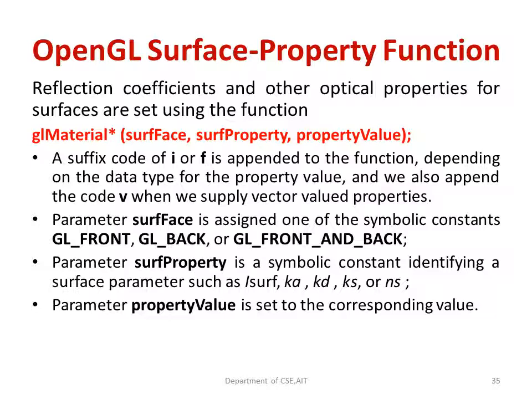Of course, the star here indicates that it can be integer or floating point, and we can also make use of a V, that is a vector, where you can store the property value. Directly you can give the property value with some integer value or some floating point value, or you can take it from an array by making use of a vector.